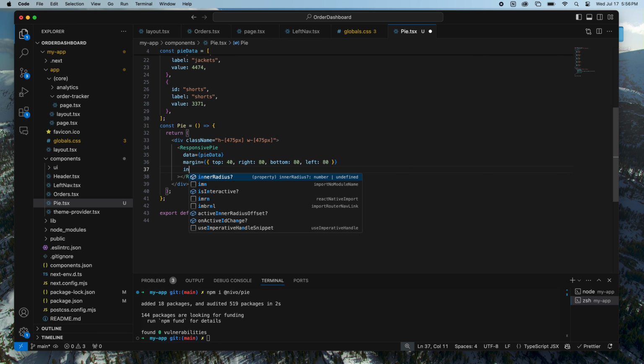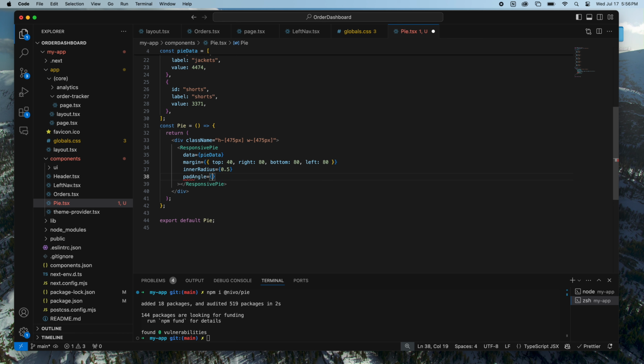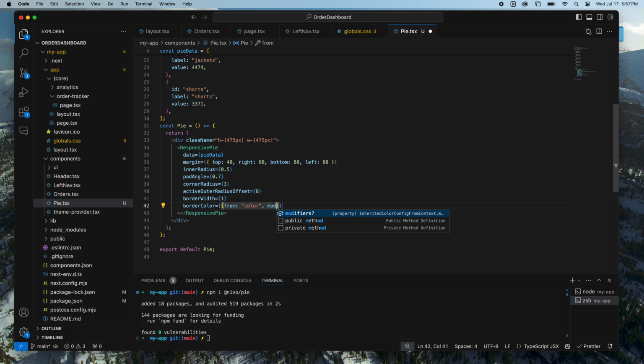and we'll have inner radius 0.5. Pad angle 0.7. Corner radius 3. This data can also be got from their website. I'm just going to code it out here though. And then border width 1. Border color from color, and then modifiers darker 0.2,